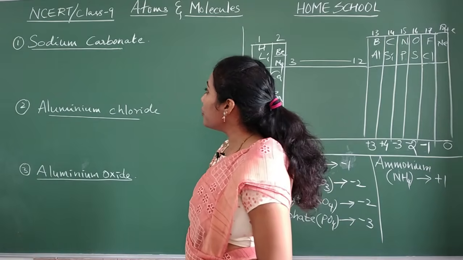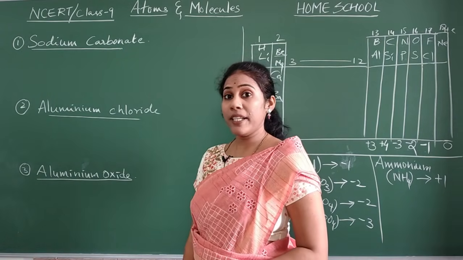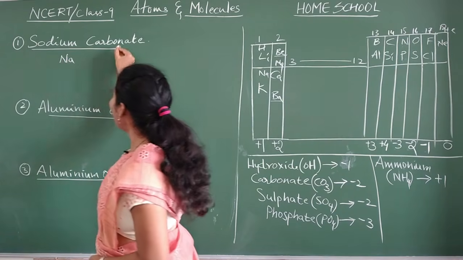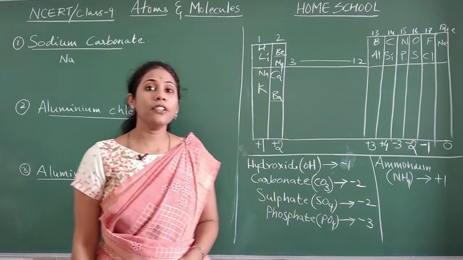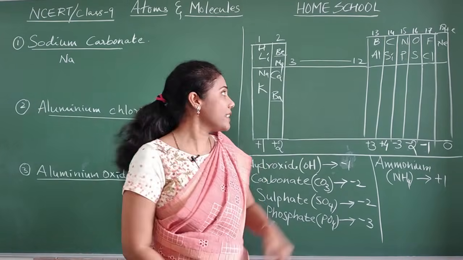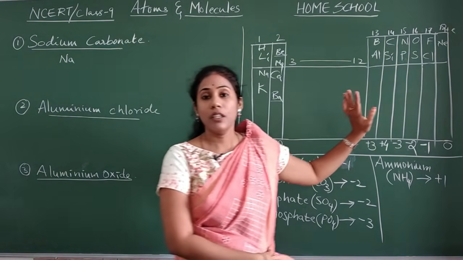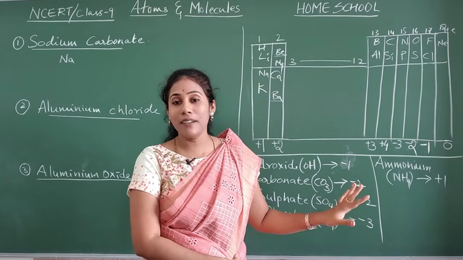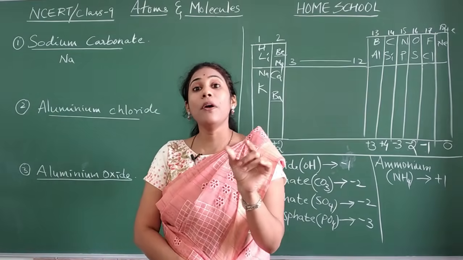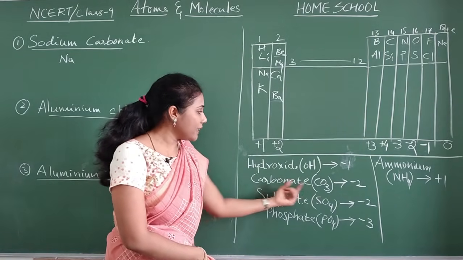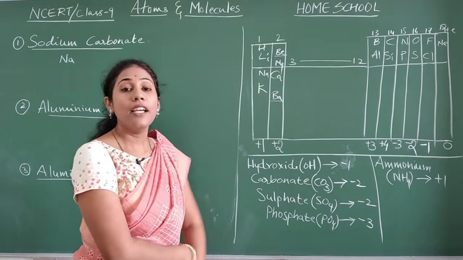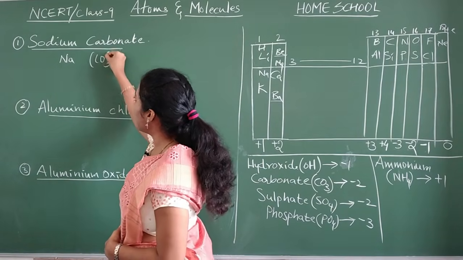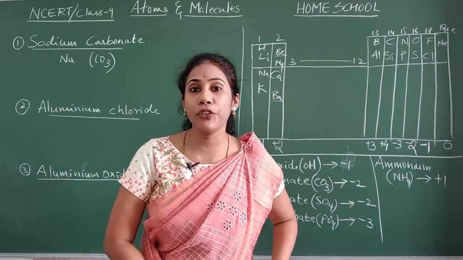Okay? Fine. Sodium carbonate. First thing you will do is you will write their symbols. Sodium is Na. Okay? Carbonate is a polyatomic group. Yes or no? Carbonate means it is not C. Carbon, no. Carbonate is not present as an element in a periodic table. You know? It is a polyatomic group. What is carbonate, guys? CO3. Okay. So whenever a polyatomic group is there, try to mention it in brackets so that you will not get confused.